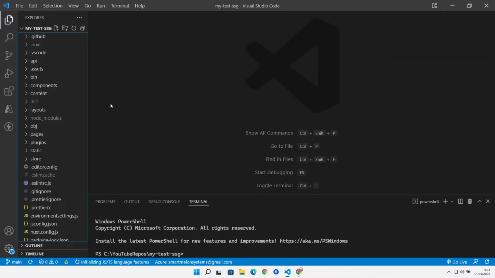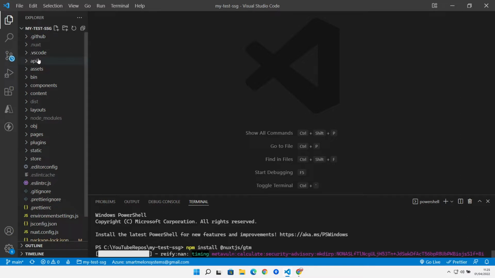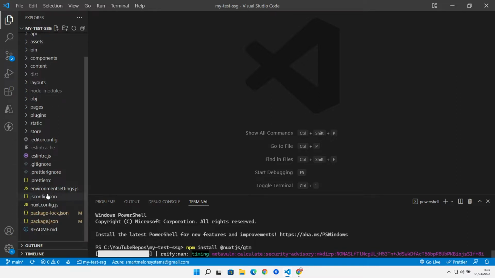Okay, so here we are in Visual Studio Code. So the first thing that we need to go and do is install the module that we want to use to be able to integrate with Google Tag Manager. So let's go and install the plugin. So we need npm install, and the plugin is Nuxt.js Google Tag Manager. So let's go and pull that down, and just while that's doing that, let's go over to our